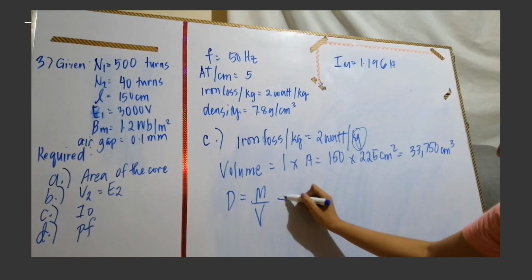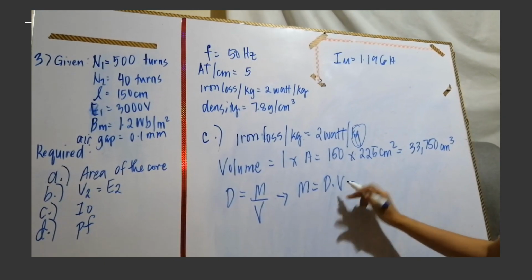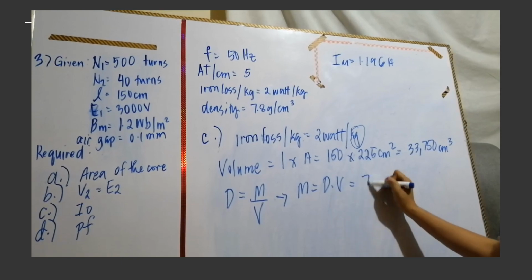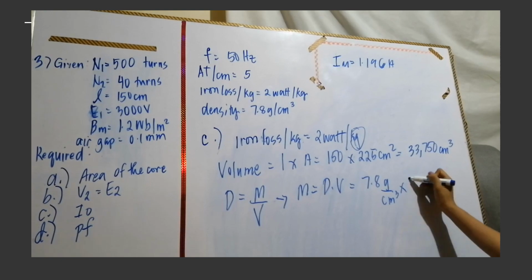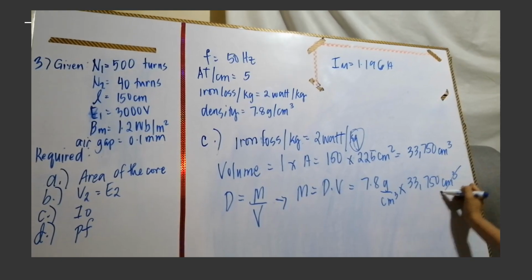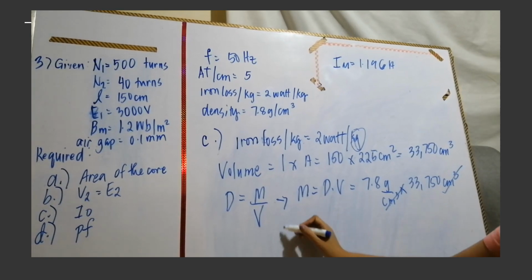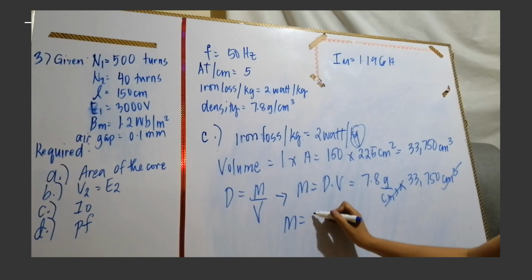So therefore, mass is equal to density times the volume. And density is given as 7.8 grams per cubic centimeter times 33,750 cubic centimeter, and this unit will be cancelled out. So our total mass is equal to,